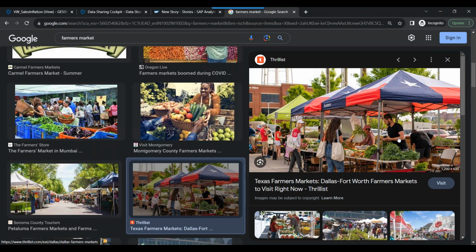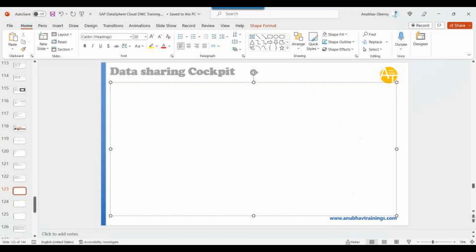This is how the data marketplace in particular works in DataSphere. So within SAP data marketplace, you can work like a data provider. So what you understood just now is that we can have a data sharing cockpit through which you can share your data with other people. So what can you do there? What does it consist of? A data sharing cockpit